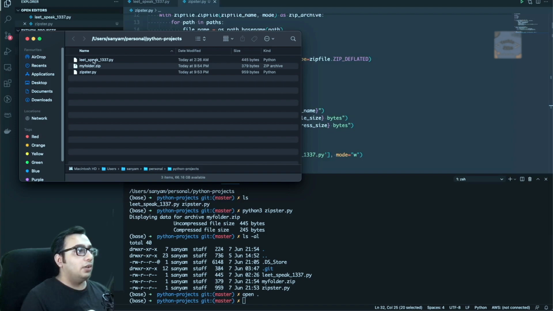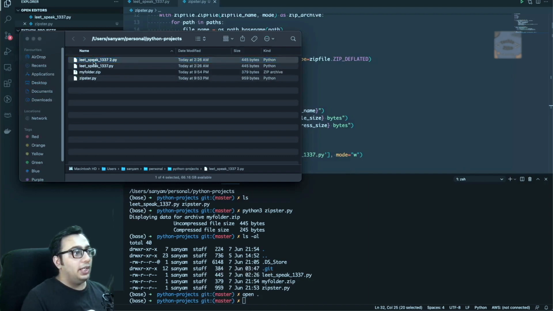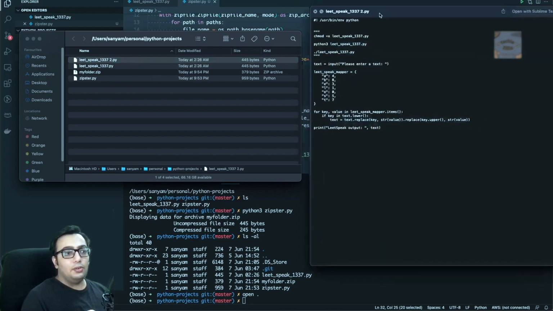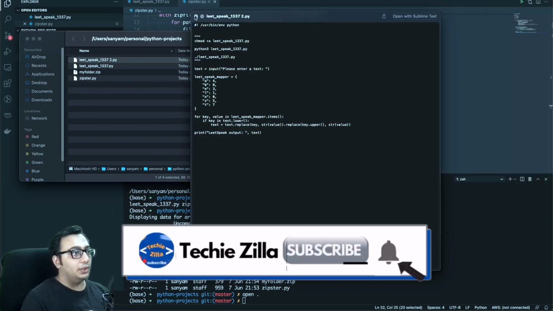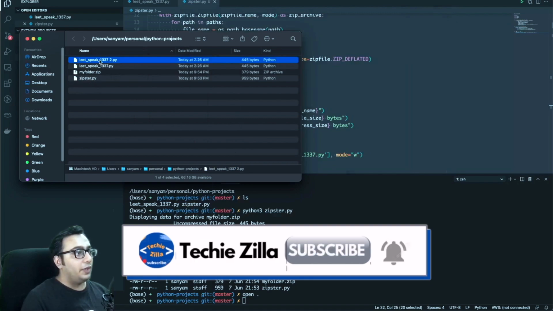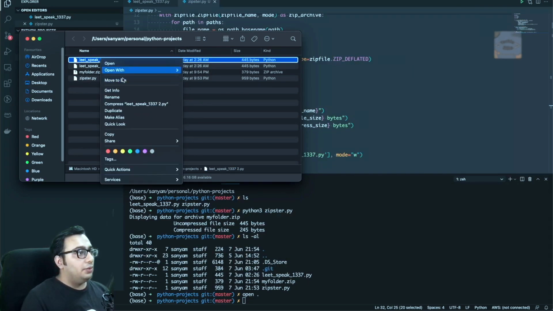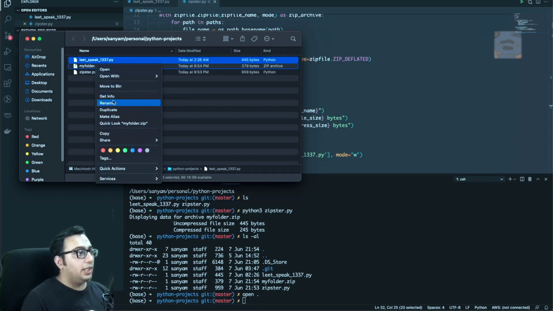Let's have a look in the Finder. So this is my folder, right? And if I uncompress it, it has this particular file, right? So if I show you, we have got this file, right? This was the exact source code that we compressed. So seems like everything is working fine till now. What I'll do is I'm gonna delete this one, and I'll get rid of